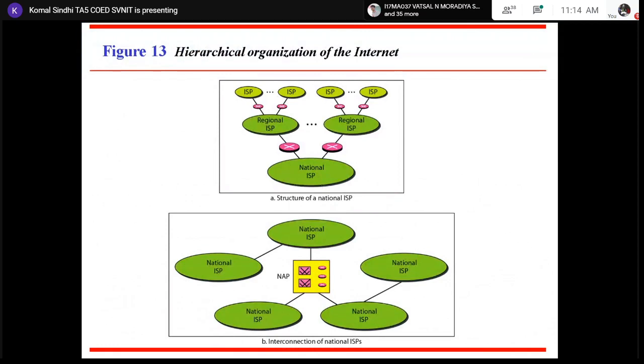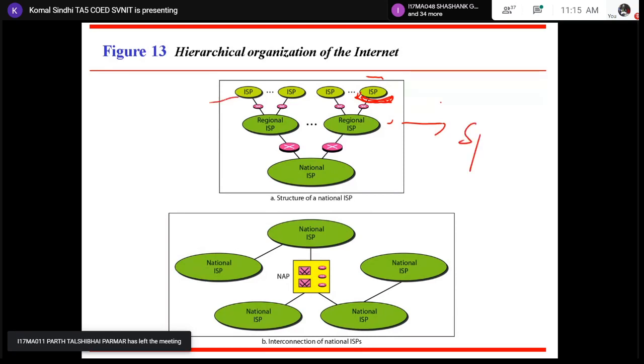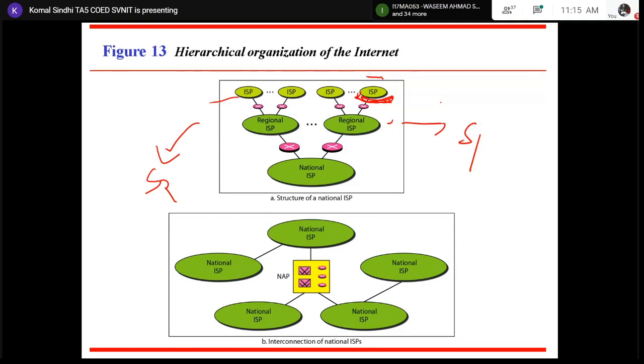So this is the actual practical hierarchical organization of an internet, right? Suppose all of you are having Wi-Fi in your homes. So you might be having an internet service provider. Let's say Reliance Jio is an internet service provider. So I would be connected to a tower of that Jio. It would be one ISP of my area, let's say belonging to a society S1. This would be belonging to a society S2, or combining two or three societies, right?